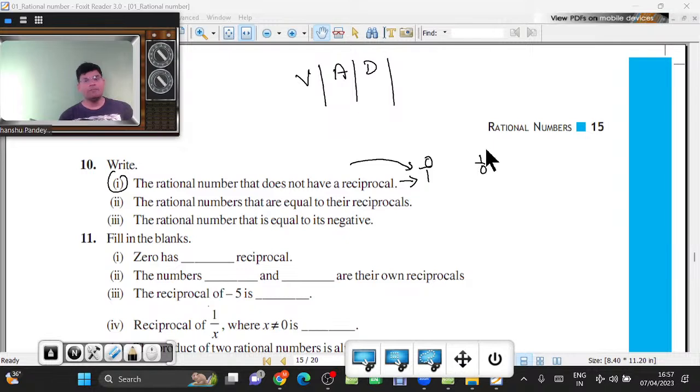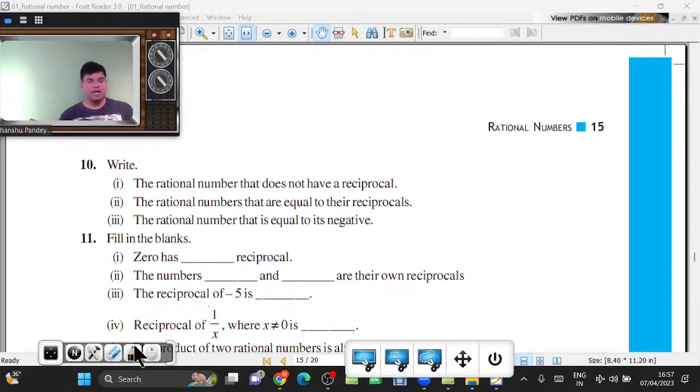यू कैन नॉट डिवाइड ए नंबर बाई 0. सो रेसिप्रोकल किसका नहीं होगा? 0 by 1 का. Yes, sir. वेरी गुड अन्विता. समझ में आ रहा है? Yes, sir. विहान समझ में आ रहा है? Yes, sir. सेकेंड क्वेश्चन, द रैशनल नंबर्स दैट आर इक्वल टू देयर